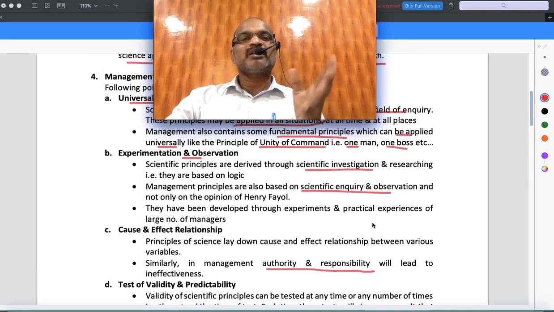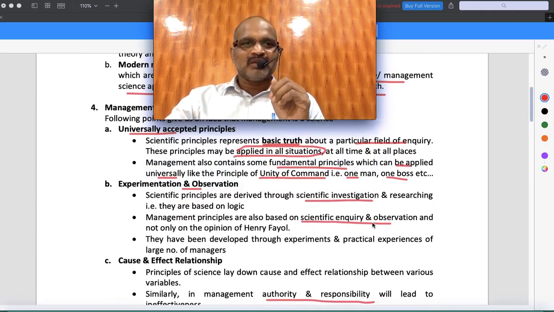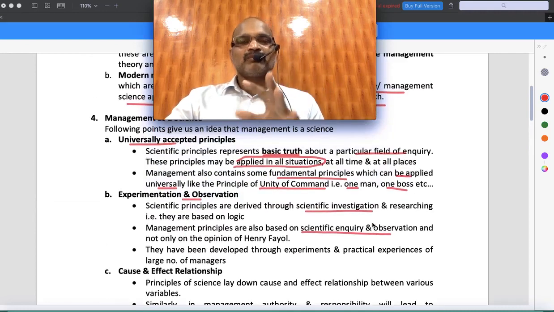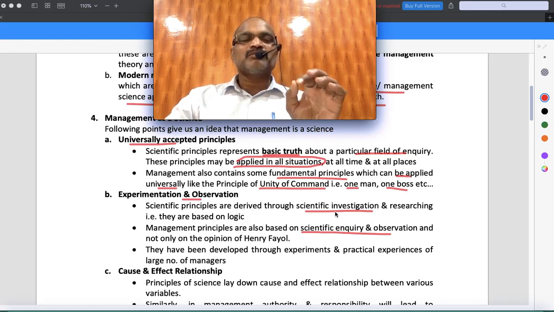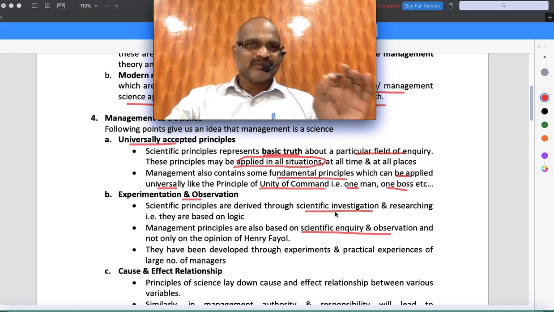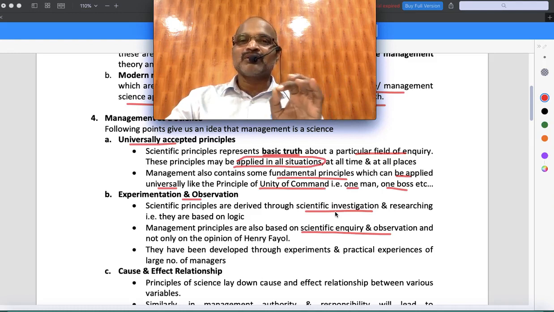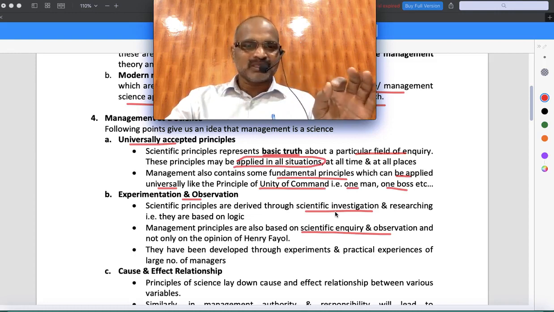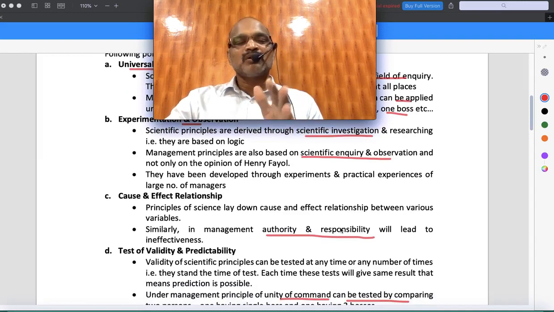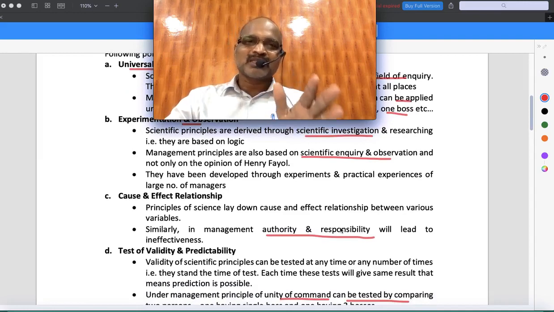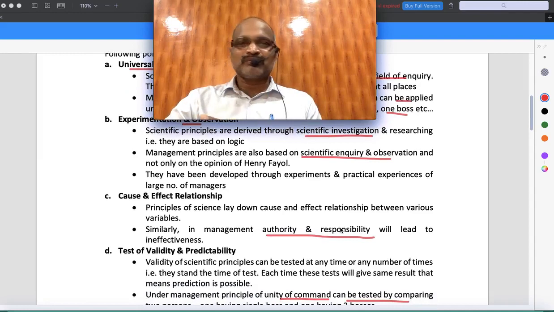So overall, if you have an objective type question paper, your question can be: in which of the following cases, or what points will satisfy that management is a science. Side headings, you remember. Number one, just like science, which is accepted everywhere, management principles are also accepted everywhere. Next one, just like science, which has the capacity of experimentation, certain management principles can be experimented, right? Just like science explains causes and effects, management also explains the causes for the effect of so and so.